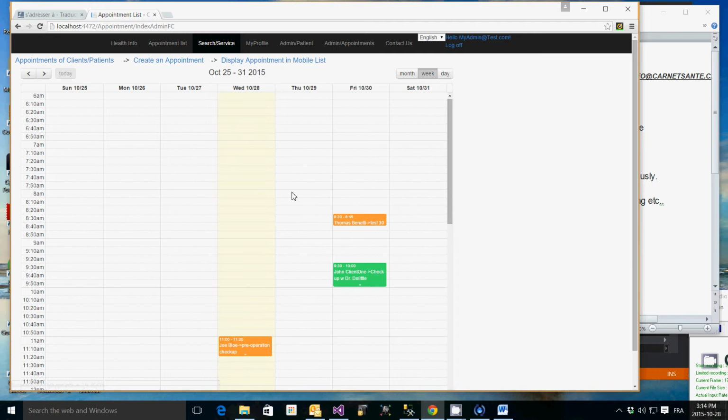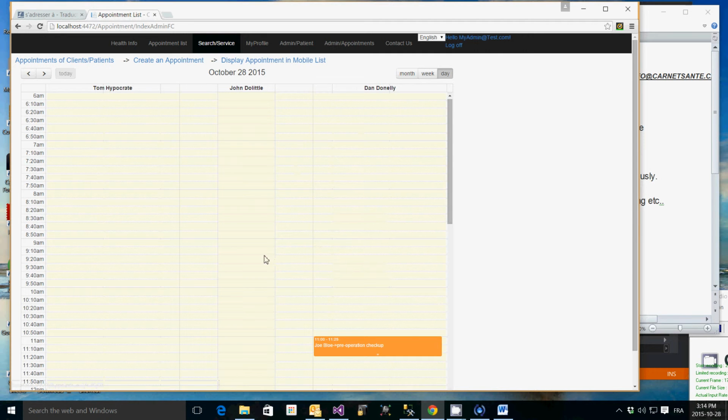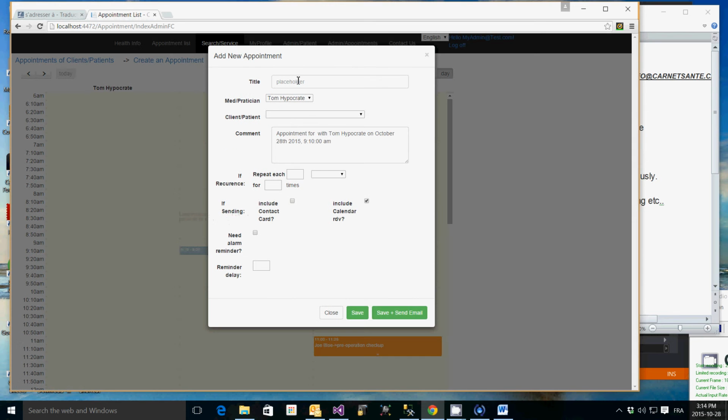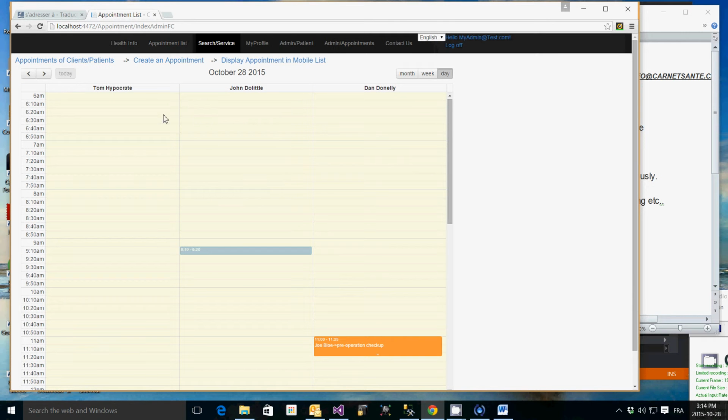You can also, directly from the calendar itself, add an appointment directly, and you see that there is already some information inputted for you in it. So we'll just revise how we can create an appointment. There are many ways we can do it, like that through the calendar. You see here that the view is the day view, and in the day view you have a very nice flexibility of managing multiple practitioners or meds